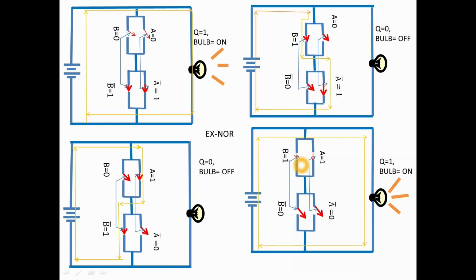When a is equal to 1, b is equal to 1, these two switches are off state, open position. These two switches are open and these two switches are closed. When a equal to 1, a bar equal to 0, these two switches are open, then there is no closed path through the switches, then current flows through the bulb, this is the closed path, then the bulb is on. That is, when a equal to 1, b equal to 1, output is logic 1. That is the working of the exclusive NOR gate.